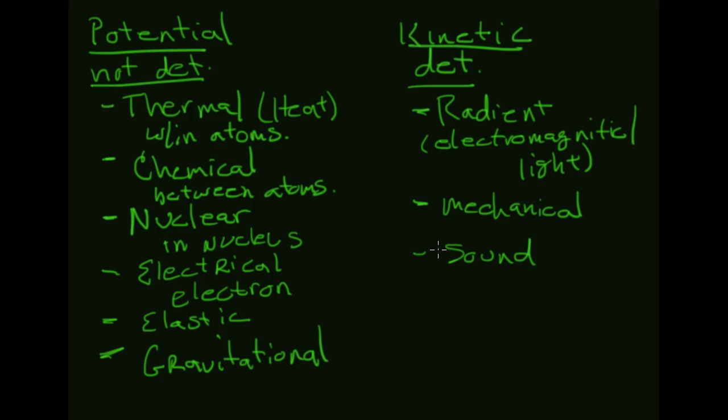Kinetic energy is going to be radiant, mechanical, and sound. Radiant is where the energy is not possessed by the mass. So that would be like electromagnetism, X-rays, light, things like that. Mechanical is when the energy is possessed by the mass, which is moving as a result of the energy. And finally, sound, which is where you are moving from radiant energy to mechanical energy. So something that is radiant is causing something that has mass to move, and the subsequent vibration is what we